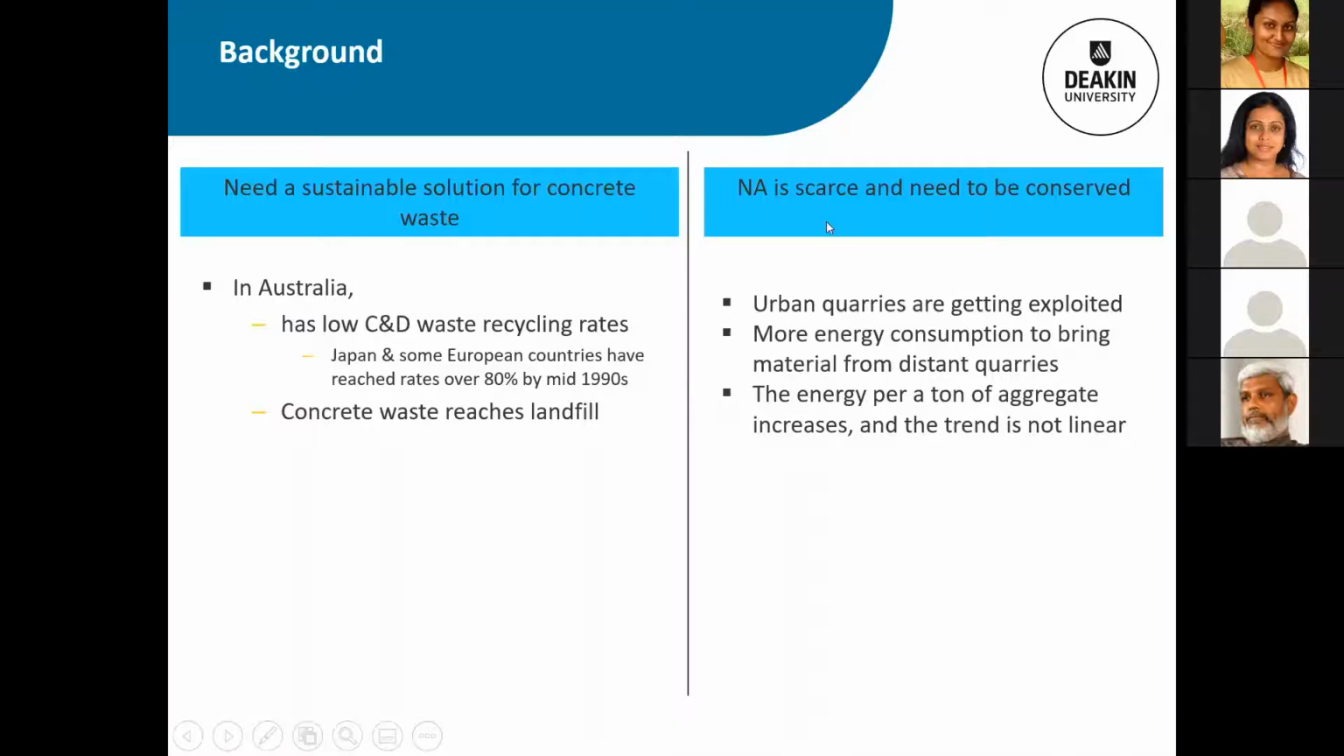Yeah. So if you think of natural aggregate, we need natural aggregate for construction. And the more the urban quarries are getting exploited, we have to transport material from distant quarries. So the energy for bringing the natural aggregate also gets higher, and it's not increasing in a linear fashion, it's increasing exponentially, the more the natural aggregate gets consumed. So having recycled concrete aggregate used in structural concrete seems a very rational choice to consider. So what is basically delaying